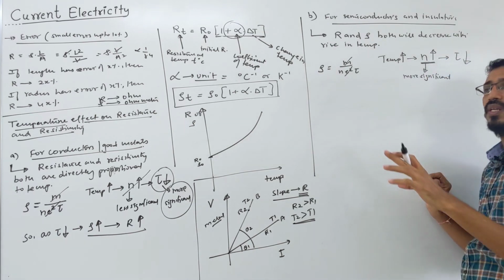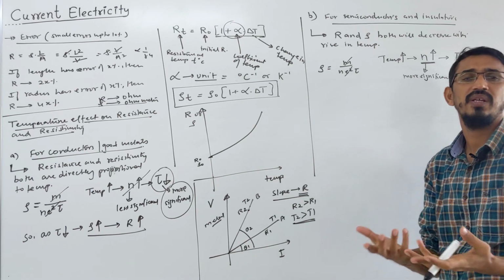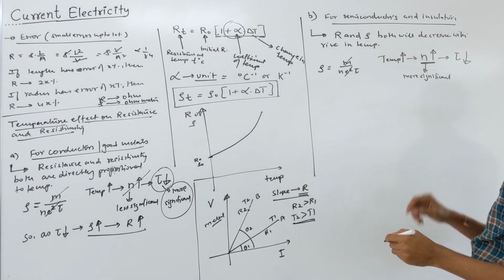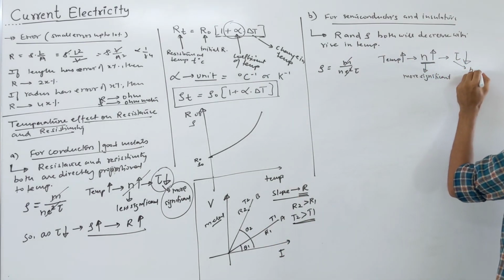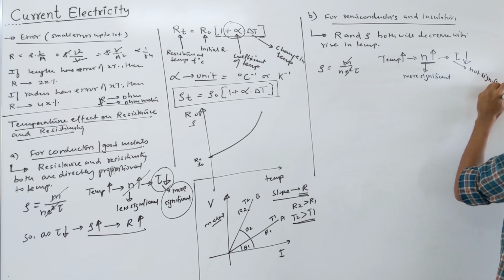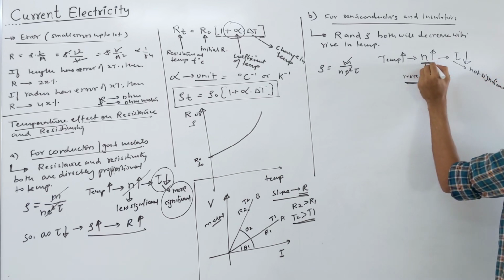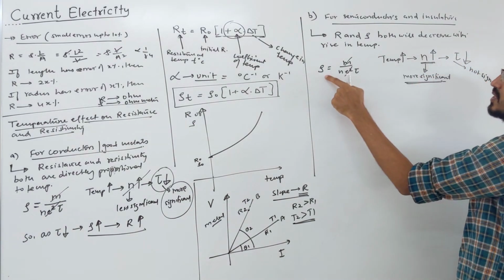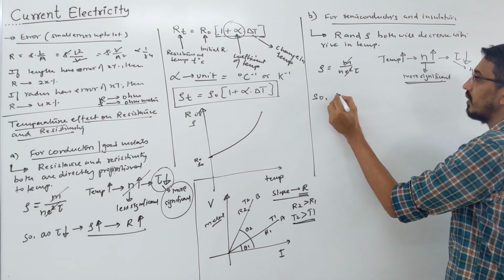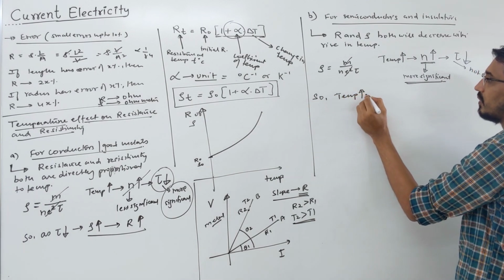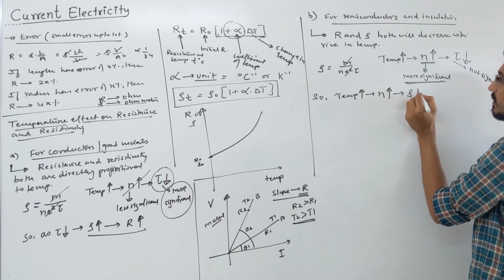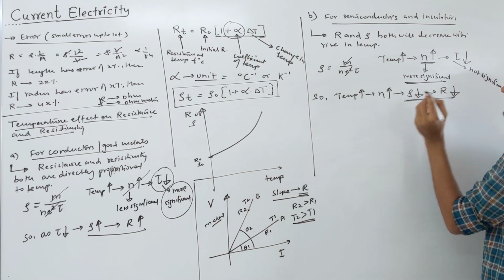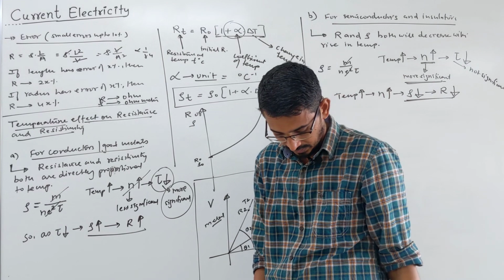The tau effect is not powerful here because initially there are very few carriers, so generally they are not even colliding. Very few, so the collision is very low. So this effect is not significant. So who is significant here? The number of electrons and holes generated when you heat them, right? So if n is increased, resistivity will decrease. So what is happening? Once more, temperature increases, n increases, your resistance will decrease, resistivity will decrease, so resistance will also decrease. Both will decrease in this case. Yes. Okay.